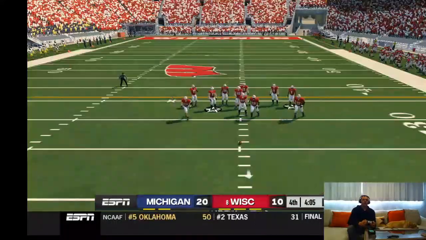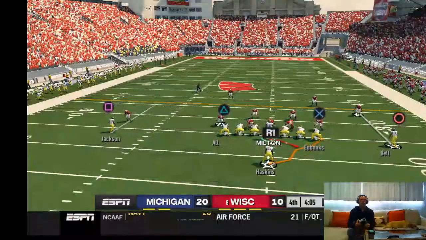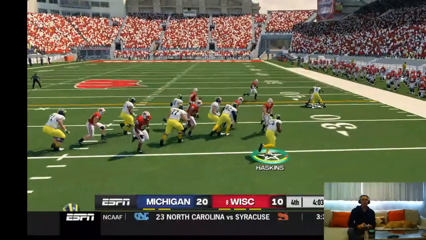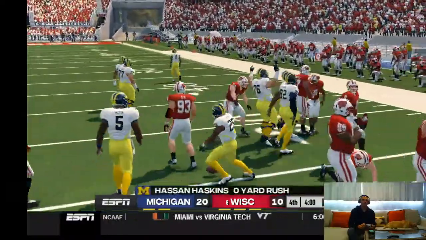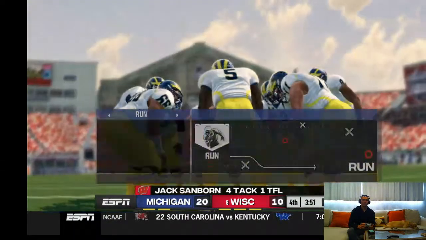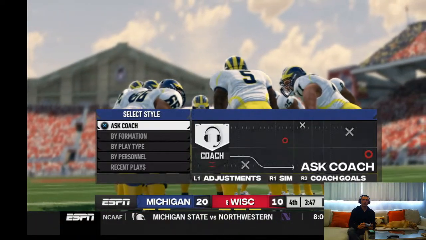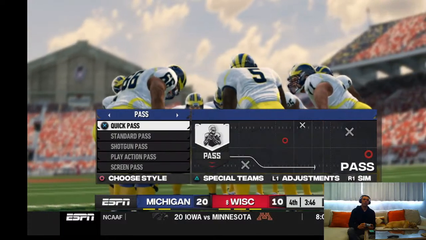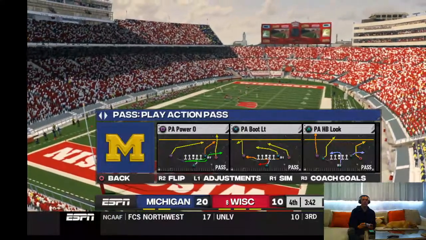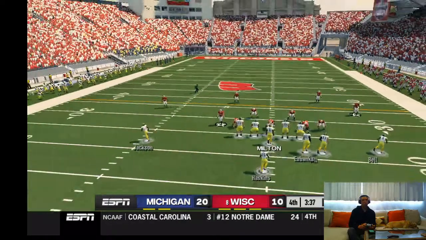We don't want to be too predictable here. Can't just try to run 3 times in a row. This game's not over just yet. Takes it right side, and he tackles him hard at the 26. That makes it 2nd and 10. I'm going to set up plays, coach. It's 2nd and 10. Ball on their own 26.